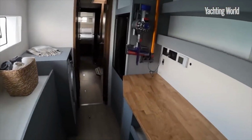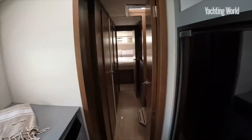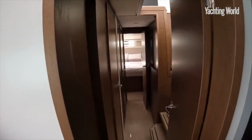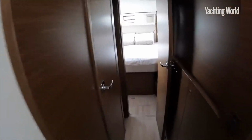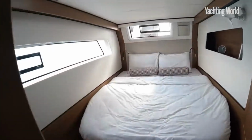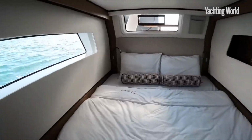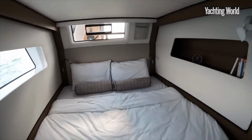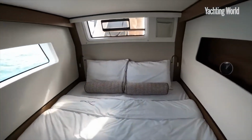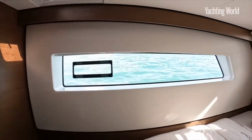Just look around there. You've got your vacuum cleaner hanging up there. Everything looks so good. We're going to head up here and have a quick look at that aft berth there. Look at the beautiful veneers you've got here. It really creates a warm feeling. Nothing much different from the other side here in this particular layout. It's very much similar to an Outremer or an HH as far as wall-to-wall bed, and you know how I feel about those. Sylvia said I can have one if I make the bed, but I really do wish more people would take a lesson out of